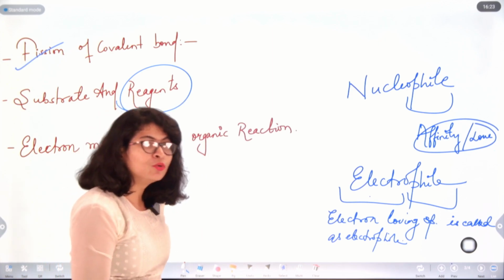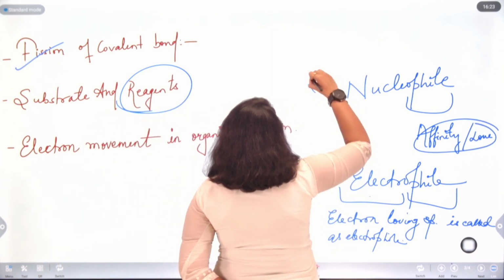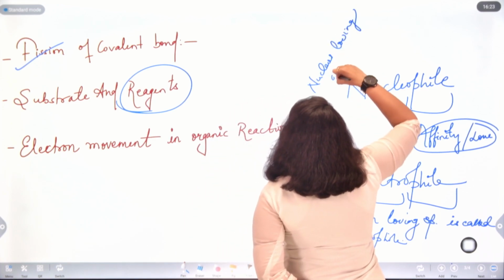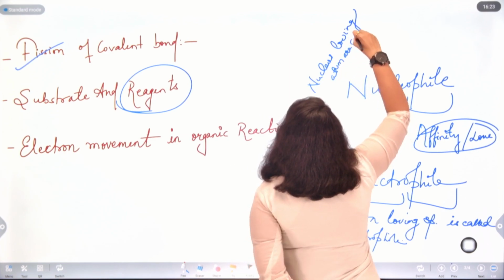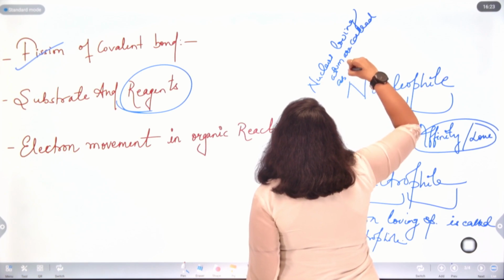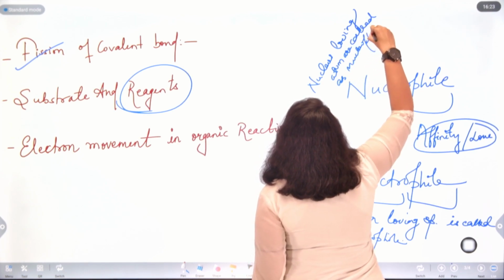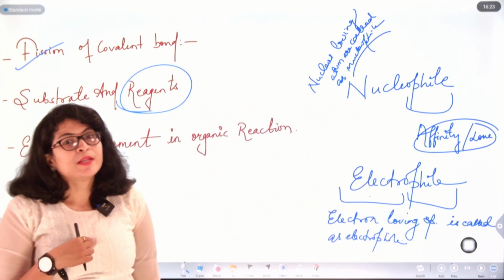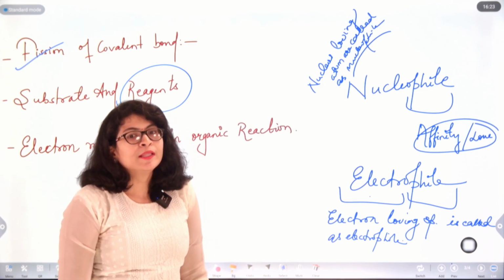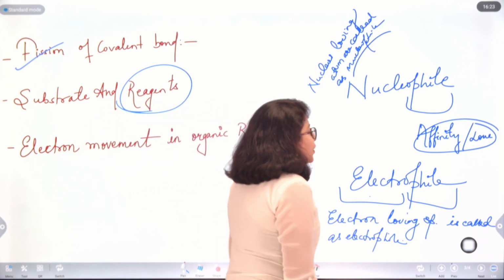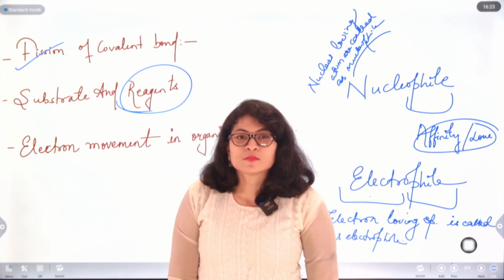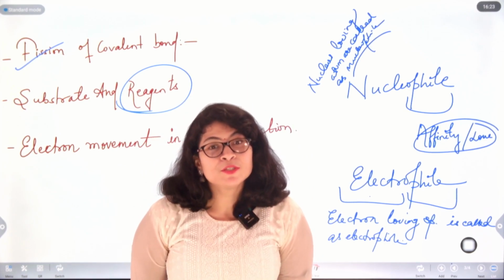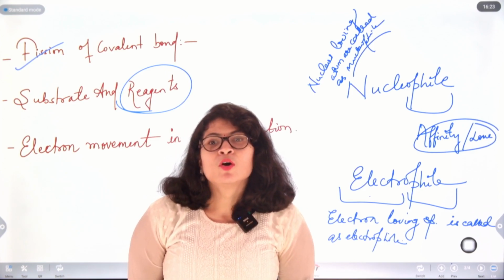Okay, and nucleus loving center atoms are called nucleophiles. Those atoms which are in itself negatively charged, they will hunt for a positive center and they will come under the category of nucleophile. If the atom is positively charged, it will hunt for a negative center, they will be called as